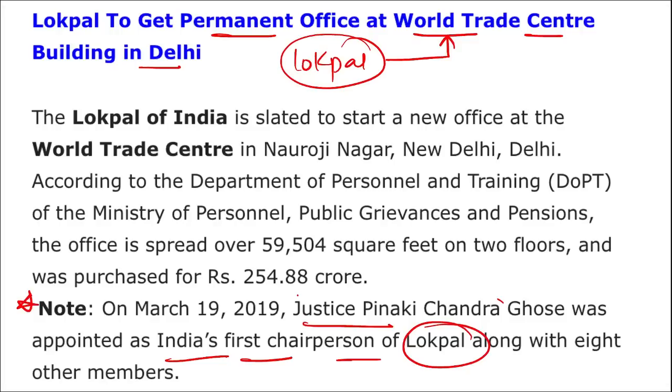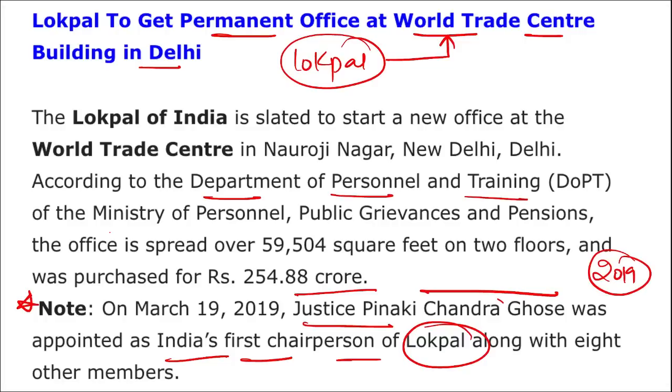The first chairperson of Lokpal is Justice Pinaki Chandra Ghose. He was appointed to this post in the year 2019. Apart from this, remember, according to the Department of Personnel and Training of the Ministry of Personnel, Public Grievances and Pensions, the office is spread around 60,000 square feet on 2 floors, and the office was purchased for rupees